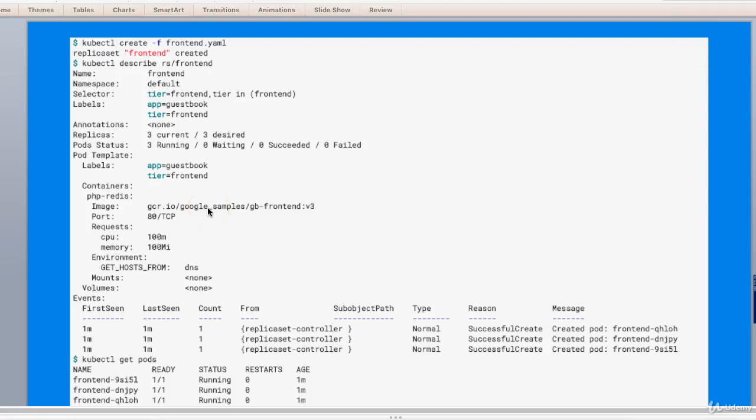You can delete a replica set without affecting any of its pods using kubectl delete with the --cascade=false option. When using the REST API or Go client library, simply delete the replica set object. Once the original is deleted, you can create a new replica set to replace it.